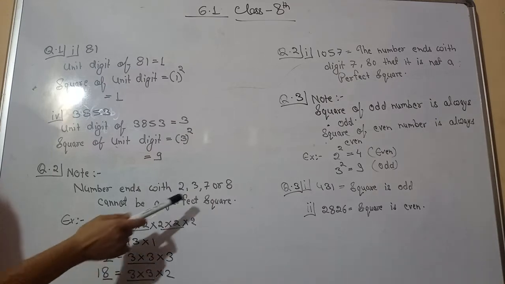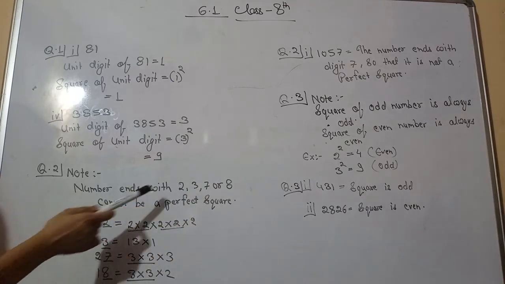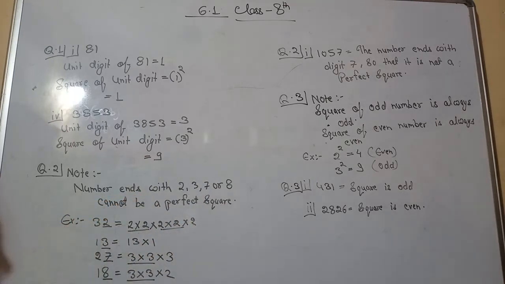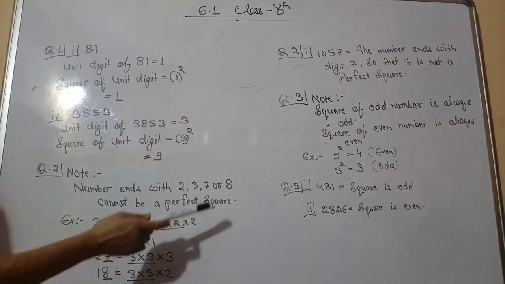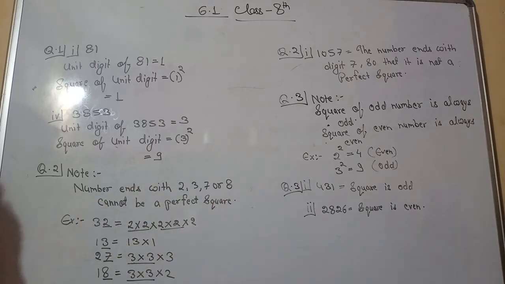Now next is 7. I have given examples of why numbers that end with 2, 3, 7 and 8 are not perfect squares. From here you can see clearly. Now 27. 27 can be split as 3 3s are 9, 9 3s are 27. Now 3 into 3 is the first pair, but this number is left alone. Means it is not making a pair of duplets, so this is also not a perfect square. Now the last digit, which is 8. So 18. 18 can be written as 3 3s are 9, 9 2s are 18. Here 3 and 3 make a pair of duplet, but 2 is all alone. So 18 is also not a perfect square. So this is how we can easily write down the reasons why the given number is not a perfect square.